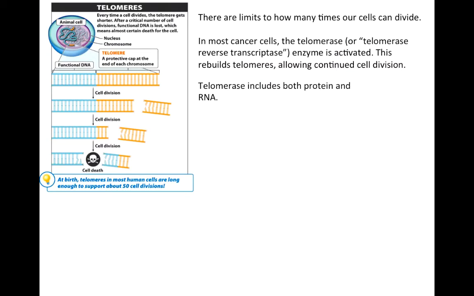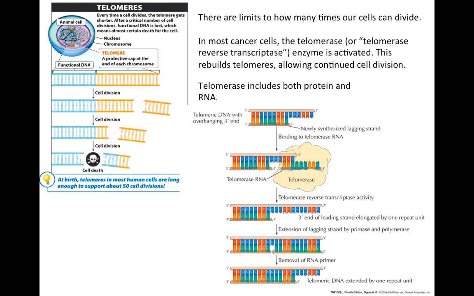Human cells without telomerase, which is most of them, gradually lose sequences from the telomere ends with every replication. As the telomeres shorten, our cells eventually reach their replicative limit. Telomerase is a type of reverse transcriptase and is able to add telomere units to the ends of chromosomes. Cancer cells often become immortalized by activating telomerase, and this extends the telomeres of the chromosomes in the cell.